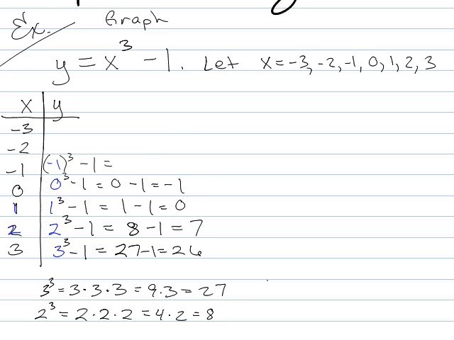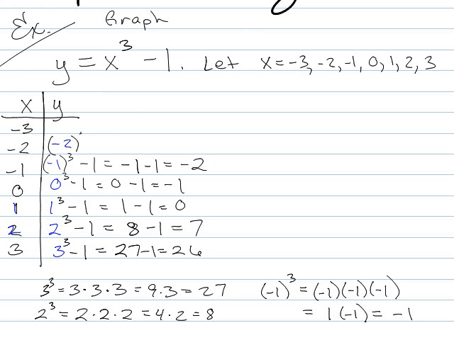Alright, so one thing you might not quite remember is how to do -1 cubed. Remember, -1 times -1 times -1. So that's going to be -1. A negative times a negative is a positive, and a positive times a negative is a negative. So all these cube terms that are negative are going to come out to be negative. So -1 minus 1. And so then we'll have